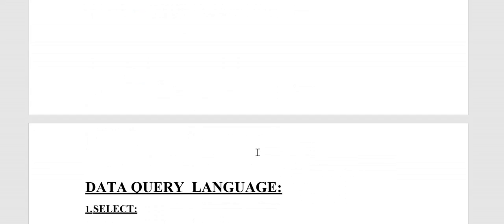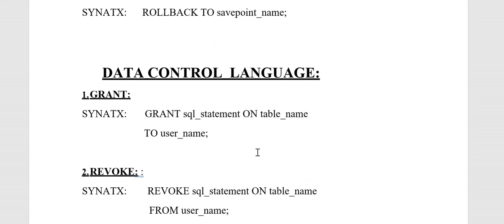Grant, revoke. We have discussed data query language, no problem. And last one is grant and revoke. So data control language is the statement which is used to give permission and to take back permission from other users. Grant is used to give permission to other users. The syntax is grant SQL statement on table name.